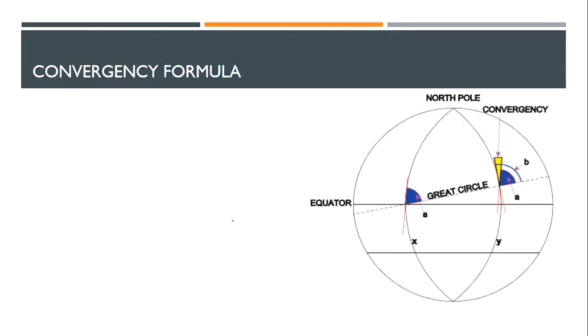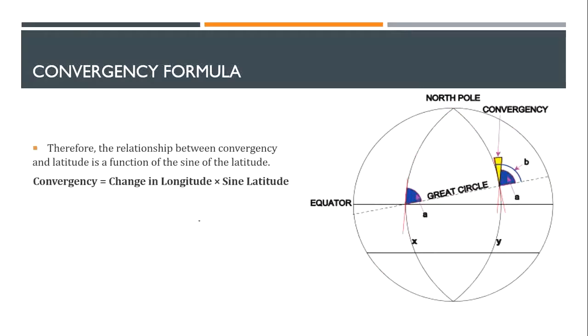Now, when we go to the formula, the convergency becomes change in the longitude times sine of latitude. Why am I including sine of latitude? Just see for yourself, if I had two points at my equator, one line would be like this, the second will be straight. If two lines are straight, there will be no inclination, there will be no convergency. So at my equator,